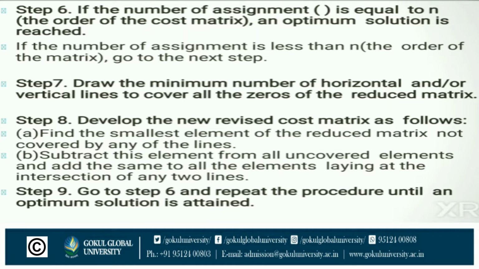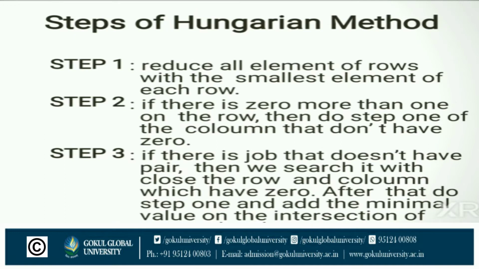We can easily understand this method, each and every step, by an example. In this method we can use the Hungarian method in three simple steps. First step is to reduce all elements of each row by the smallest element of that row, the same process for the columns, and the revised table is given. Then we can choose the assignment from the last table against the main cost matrix and solve the problem by this method.